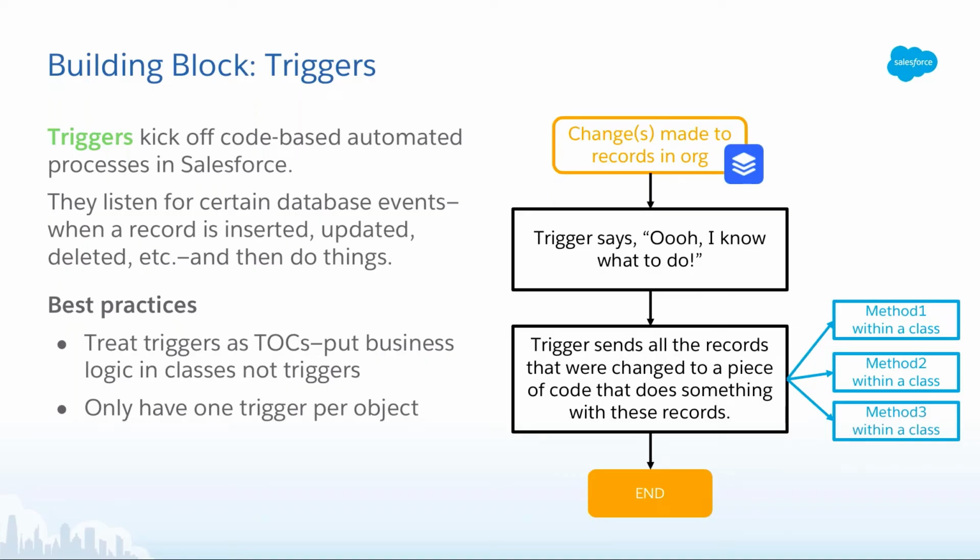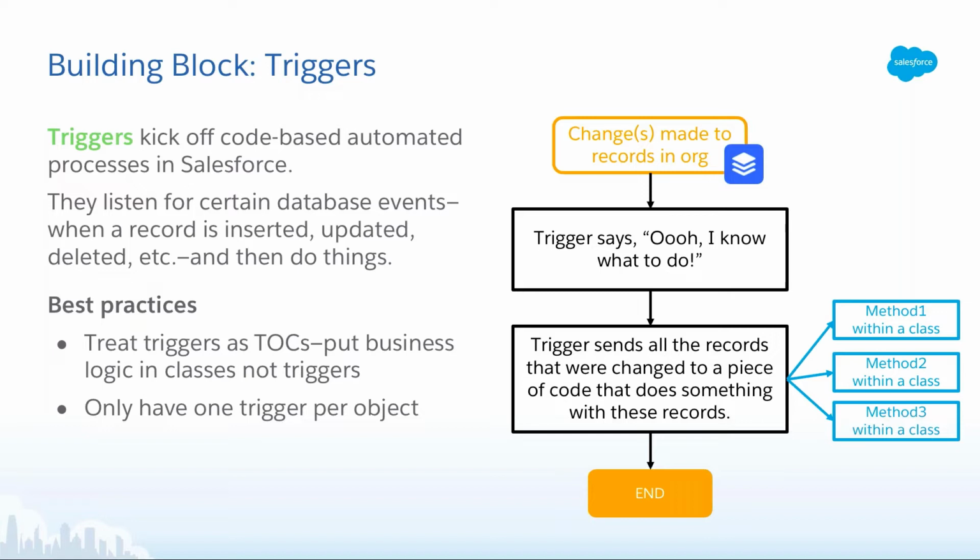Thank you, Karen. Well, now that we have a better understanding about all these different building blocks, how do we get all of this code working? So the answer to that is triggers. Triggers listen out for certain events to happen to records. For example, a record being inserted or updated or even deleted. Once the trigger recognizes that a record is being modified, the method that is created outside of the trigger runs. So triggers can be considered like the air traffic controllers of your code. It's the source that tells when to run certain pieces of code.